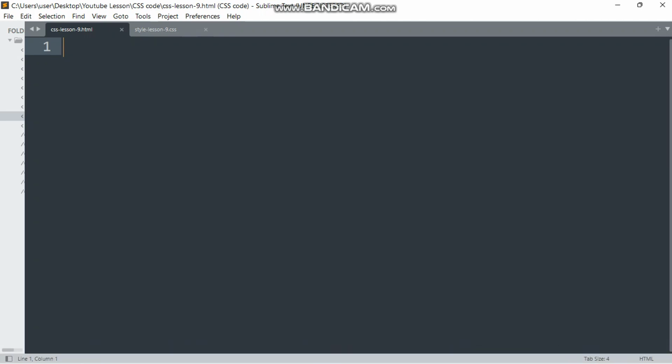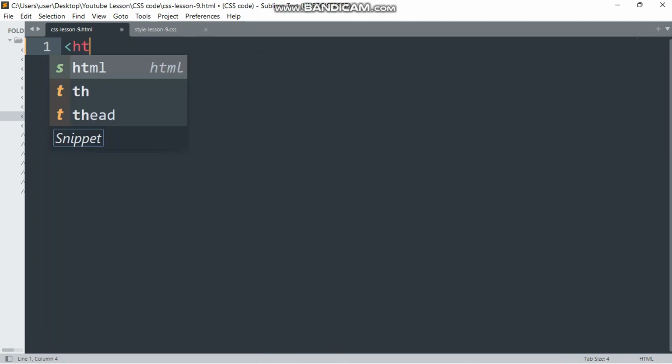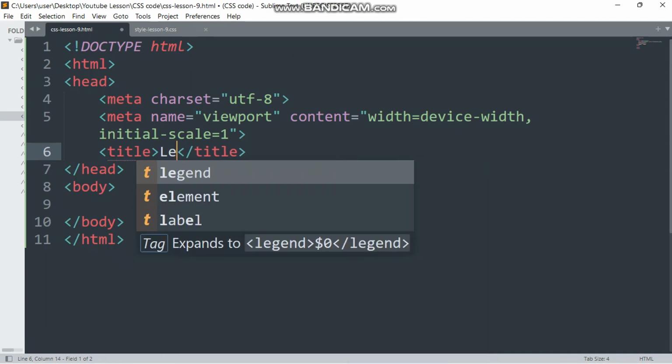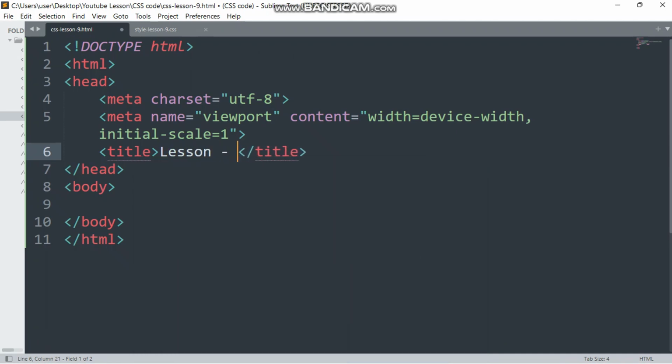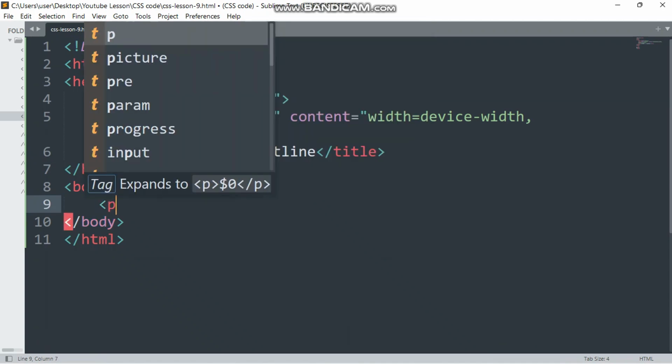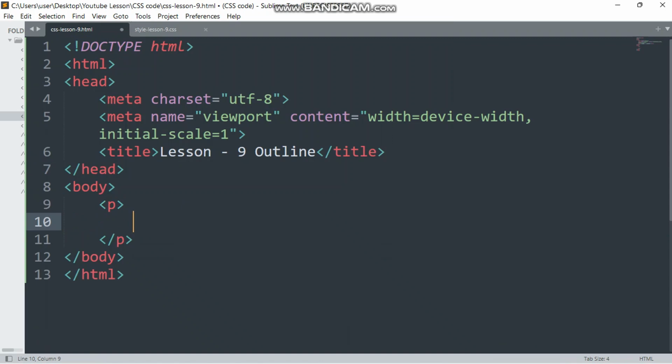Okay guys, so welcome to lesson 9. In this lesson 9 we are going to be looking at outline in CSS. So quickly we'll just get our HTML body plate ready here. We say lesson 9. Our topic is outline. For outline we're just going to have a single paragraph here, and in this paragraph we're going to say